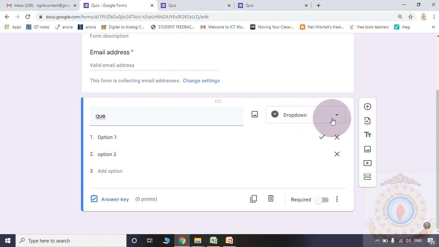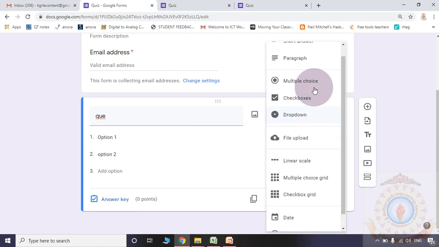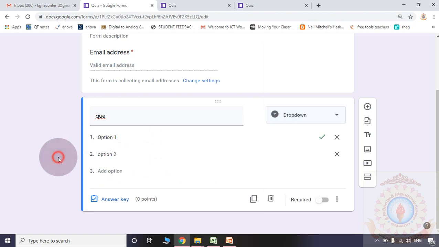So this drop down box is similar to multiple choice. There is no difference. Here the drop down box is similar to multiple choice, which was already covered in the previous sessions. So in this way you can use the drop down box to give a wide variety of options to the students.